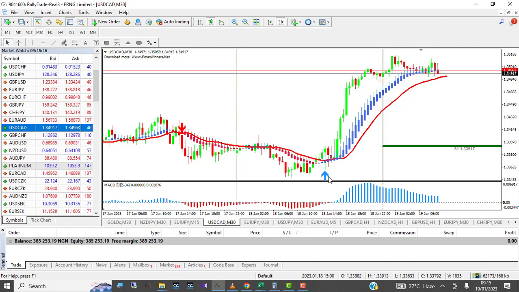The arrow appears and points in the direction the market is about to go. Now this arrow appears and points up, that's the bullish signal. This red arrow appears and points down, that's the bearish signal. For the bullish signal, you want to look for buy opportunities. For the bearish signal, you want to look for sell opportunities. Very simple. So once the arrow appears and points in a particular direction, you're prepared to take your trade